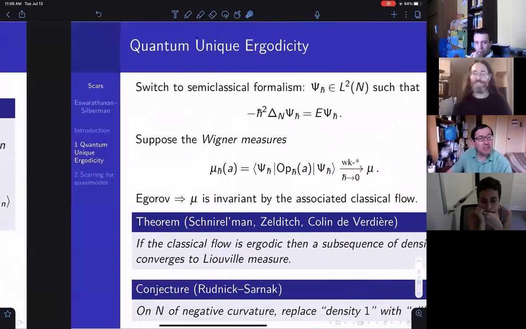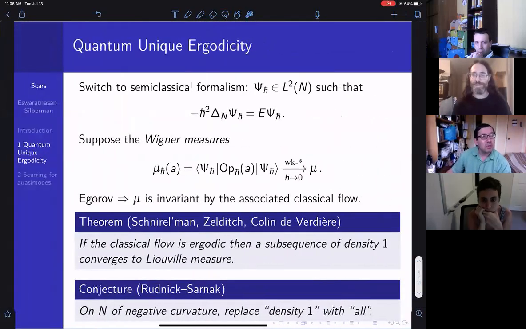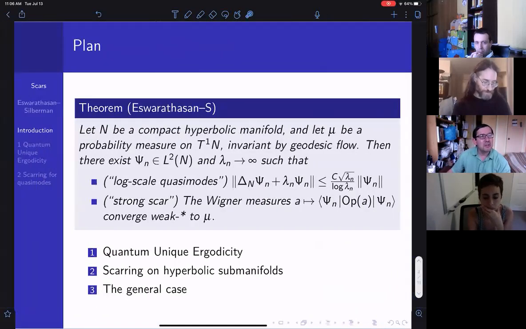So the size of those quasimodes is somehow the smallest possible in some sense, right? Probably yes. So at least some people, I don't know, you or some people in Israel, right? For Eisenstein, if the quasimode is too small, you don't have this non-uniqueness. So, okay, if you take something which is little o of root lambda over log lambda, then